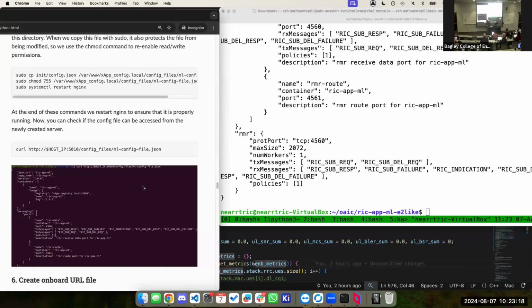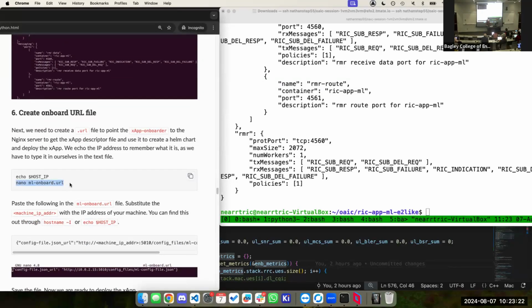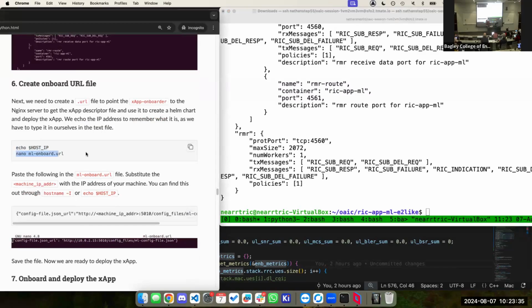Are we good? Okay. So we're also following the same steps. We have to create this onboard.url file, which points the xApp onboarder to our config file that we uploaded. So we need to remember what IP address this is, because we have to copy this. We create an ML onboard URL. We have to copy this in, but we have to replace machine IP address with the IP that you saved in host IP. So